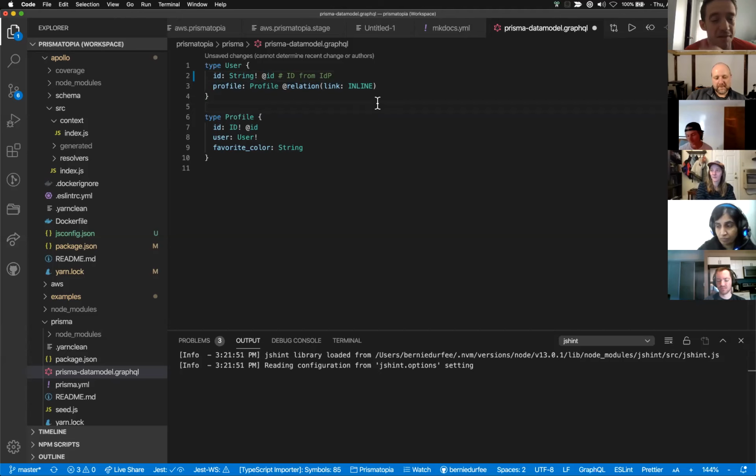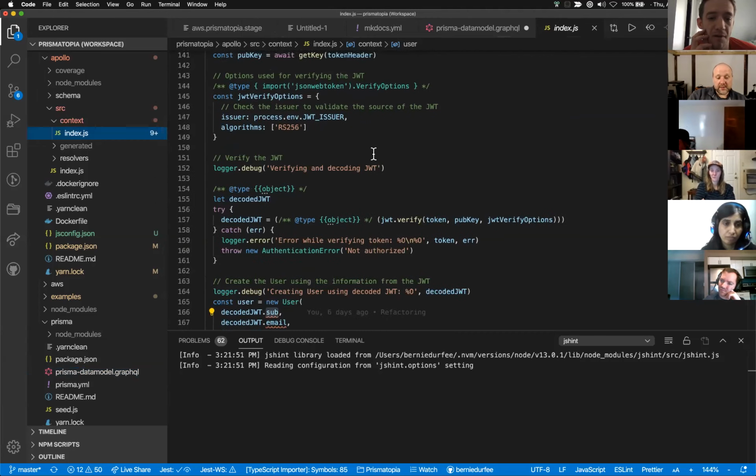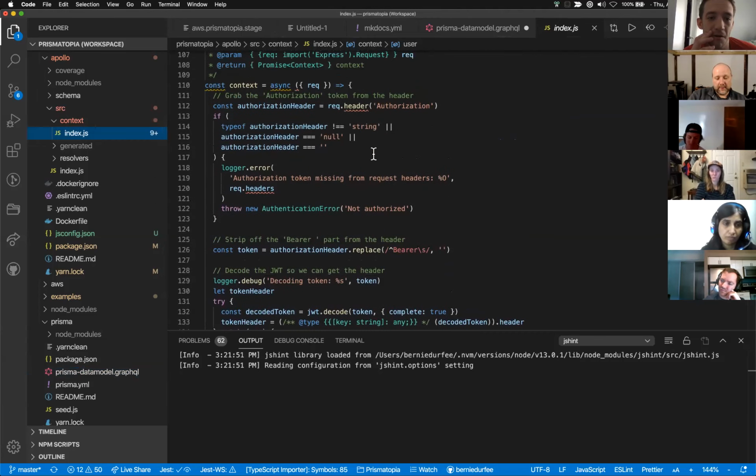So something I've noticed in your context flow is you're throwing the authentication error pretty much as soon as you get the request if they're not authorized. Yeah. And so you guys, this is not going to work for you because you need to be able to have certain queries that are not authenticated, right? You need to be able to support that. Yep. What I thought is just wrap the whole thing in a try block and then catch the authentication error and then just pass in user as undefined. If user is undefined,